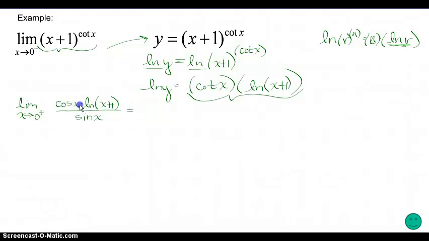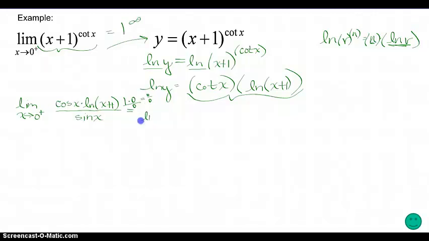The cosine of 0 is 1. The natural log of the quantity 0 plus 1, or the natural log of 1, is 0. So my numerator is 0. The sine of 0 is 0. And look what I did. I went from an indeterminate form that I can't do anything with to an indeterminate form where I can use